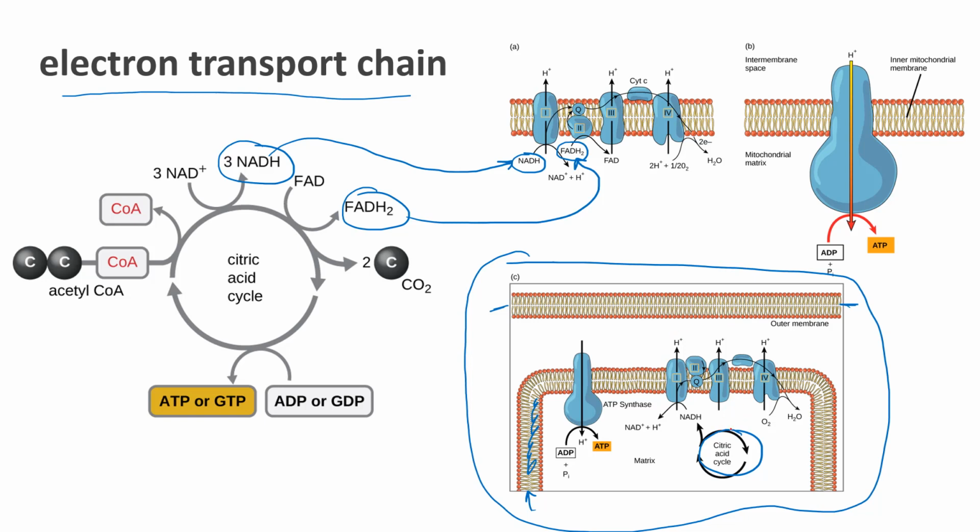Well, what are they doing? It turns out that these electrons that are being dumped off, you can see they're being dumped off here, they're being dumped off here. They're high energy electrons, and then they're being shuttled. This is why it's called the transport chain, right? The electrons are being passed along, kind of like a hot potato, from protein to protein